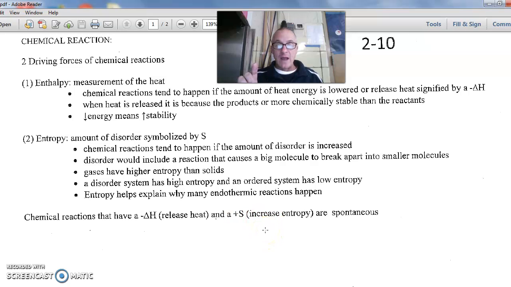What about the chemical reactions that do not release energy and have a positive delta H, or positive enthalpy? What about the reactions that are endothermic? Chemical reactions that are endothermic are pulling in energy. They're taking in energy. Energy is going up, stability is going down. In our universe, those don't want to happen. So why do they? More than likely, they're increasing entropy. So when one of these is not wanting to happen and the reaction takes place, the other one is probably